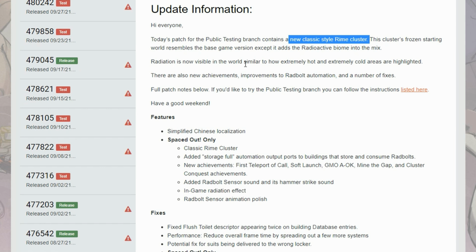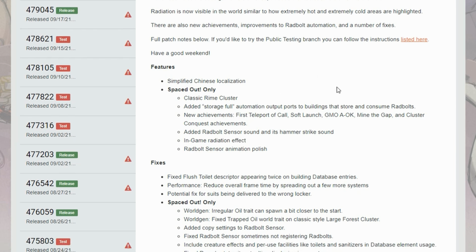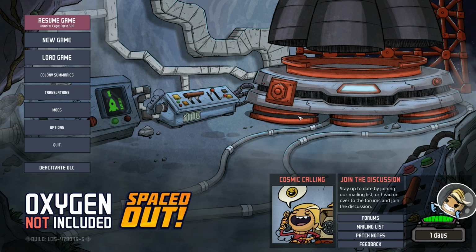In the patch notes, it has some other updates of things that they might be adding, and you never know, this cluster may not even make it. We'll have to wait and see until we see the patch notes tomorrow. But for now, it looks like they're going to add the Rhyme cluster. They're actually adding a couple of new achievements, which is going to be great because it means we're probably going to be doing an achievement run here soon. An in-game radiation effect, some polish on the rad bolt sensor, and even added some sounds. There's a bunch of other little fixes in here, but the key being is we just don't want to start